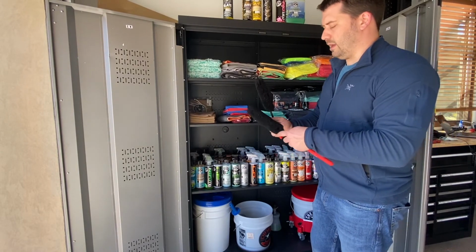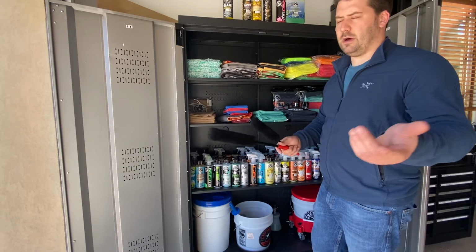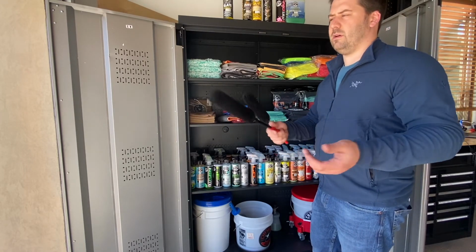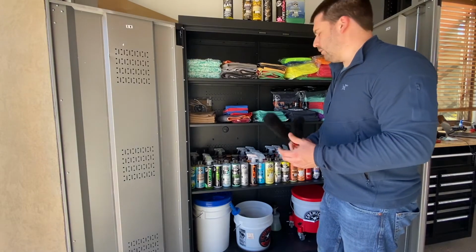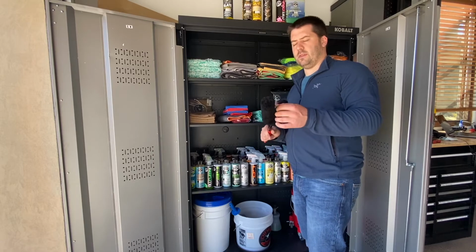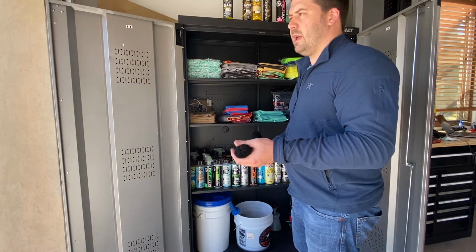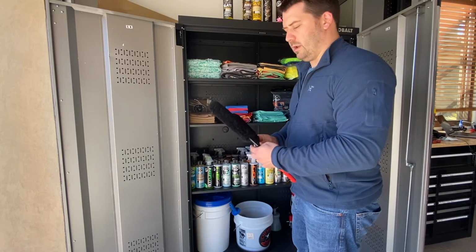And what I found was like it would shed. There'd be tufts of hair that would come off of it, and it would end up like in my bucket, stuck in my wheel, like just all over the place. And I was using it with Chemical Guys wheel cleaner, so it's not like I was picking something that was making the glue fall apart or something like that. It was just shedding. And it turned to crap,